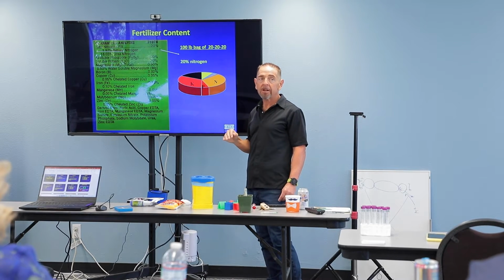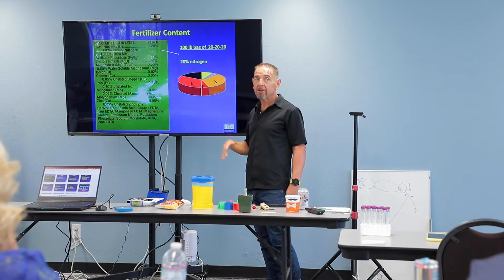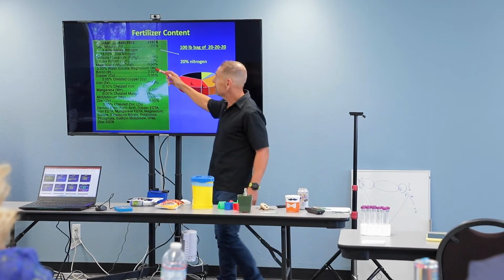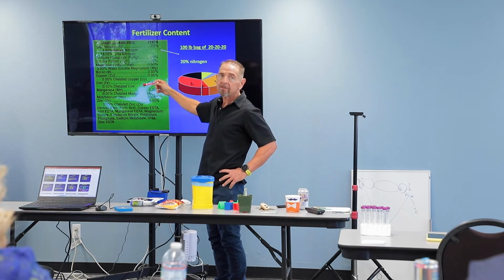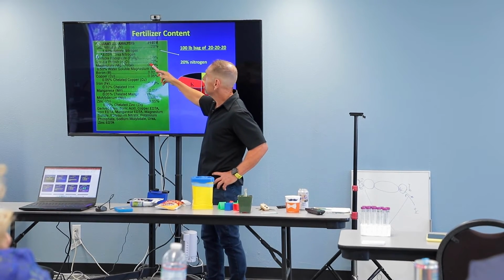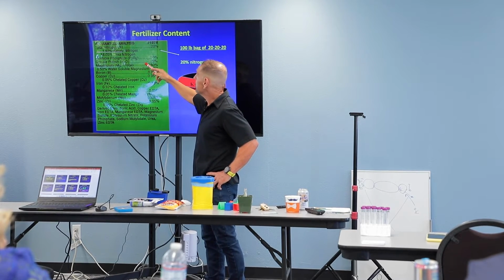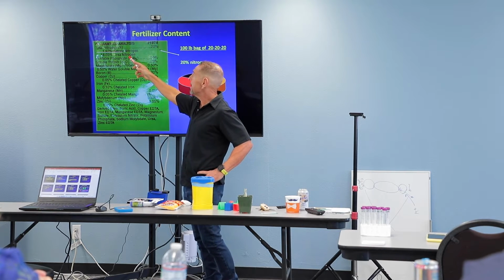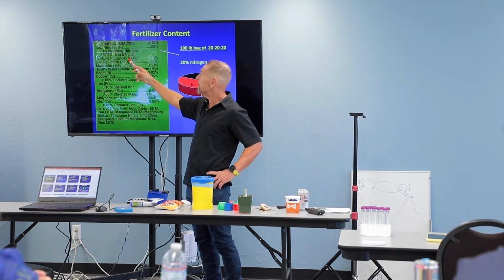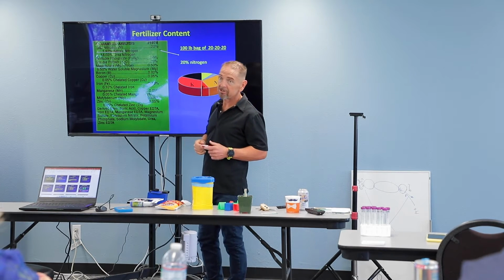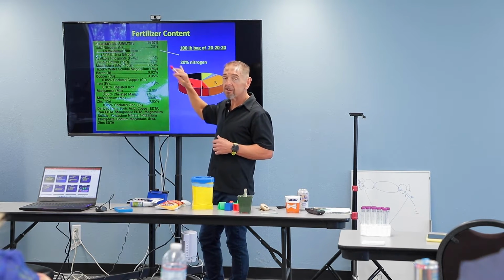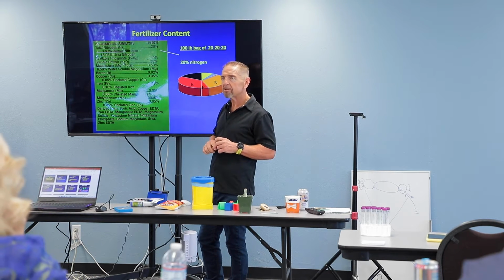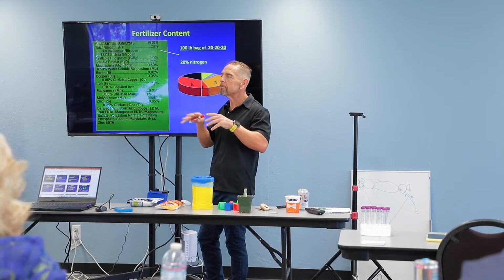And one thing I'm gonna point out, there's different types of products, and they all can say 20, 20, 20. But what's gonna be different is what sources of nutrients they're using. So here, in this part, we have total nitrogen, 20%. 1.97% is nitrate nitrogen, and 18% is urea nitrogen. So with just looking at that number, what do you think would happen to the pH? What general range do you think the pH will go up or down? Down. Down, okay,